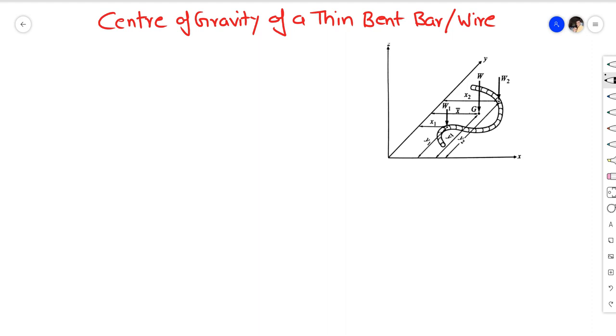So this wire can be divided into small elementary segments having weights W1, W2, W3 up to Wn. The coordinates of elements are denoted by x1, y1, x2, y2, xn, yn. So let me show you. So for this thin wire,